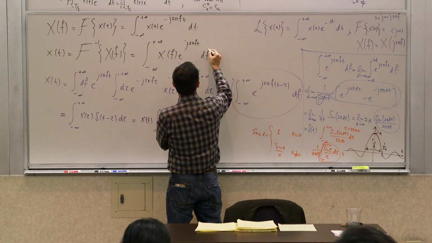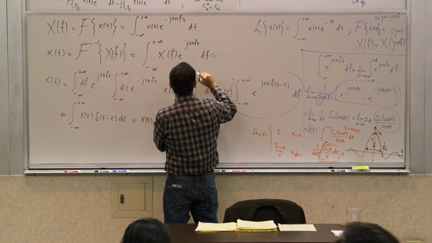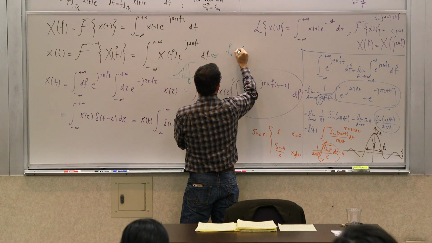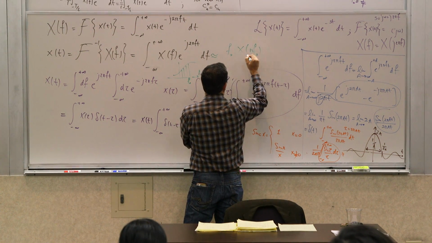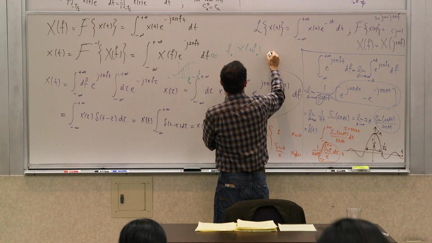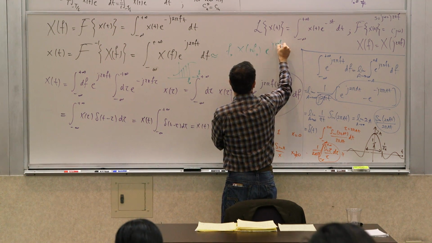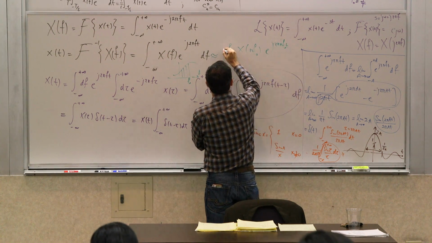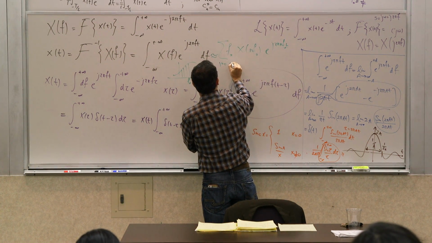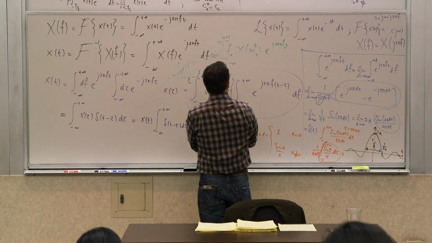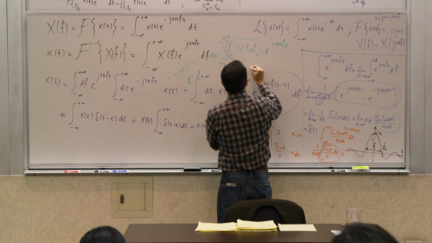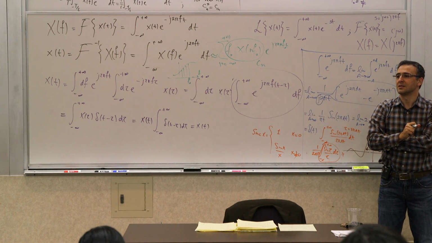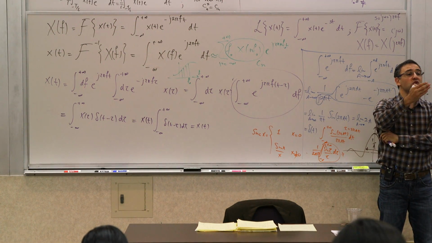And when you do that, this becomes f naught, right? The spacing of these things. So you get f naught, x of n f naught, the step size, e to the j 2 pi n f naught t, and then you need to sum this for n going from negative infinity to positive infinity. But if you look at this carefully and call this Cn, you will see that this again reduces to Fourier series. So it subsumes Fourier series,